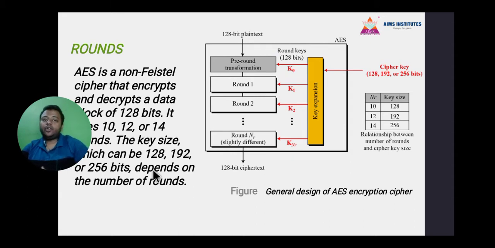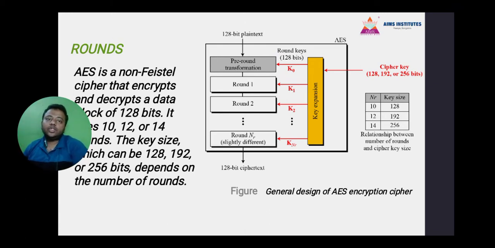In DES, we used to insert some X bits of data, 64 bits of data, and it used to get processed inside. But when we developed it, we got to know that every time we will not get 64 bits of data. If I have a lesser amount of data, I need a cryptographic algorithm to handle it in a better way. If I have a large chunk of data, then it should be done in a different process. We cannot just imagine that we have only 64 bits of data and every time it has to go for 16 rounds.